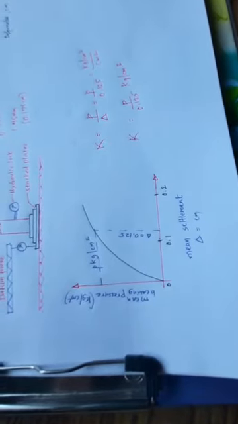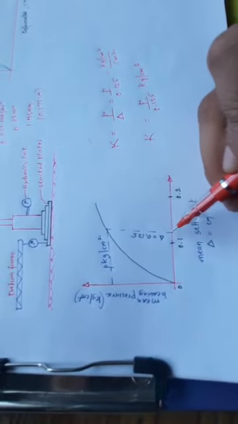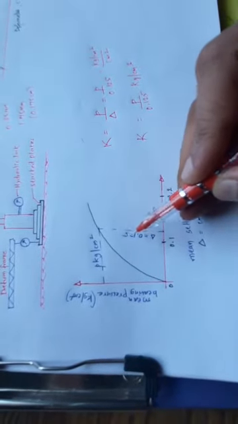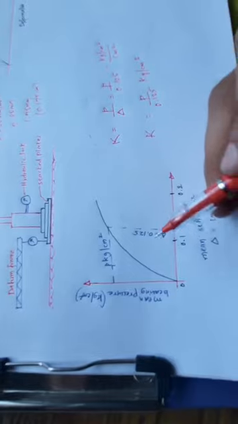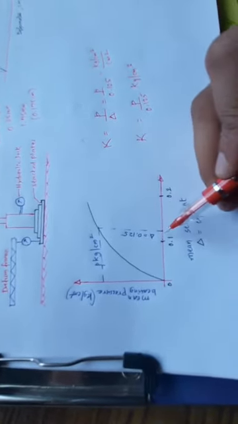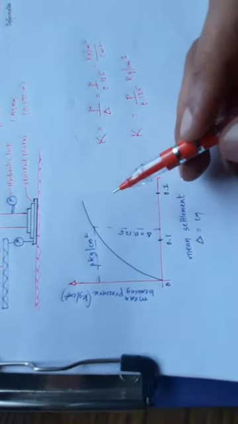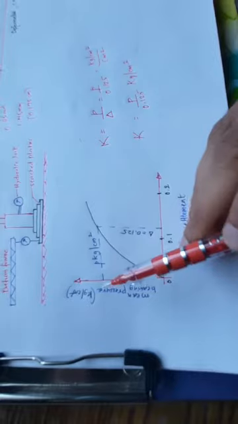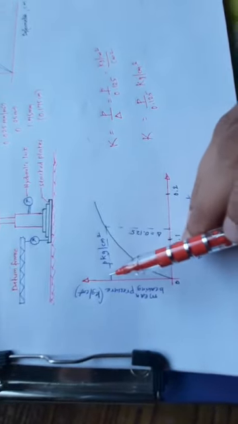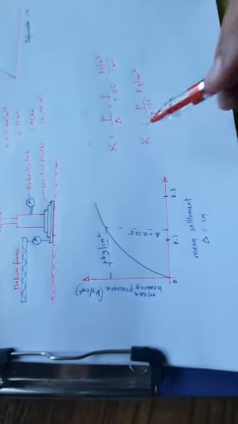Is it clear? So the mean settlement for the modulus of subgrade reaction is always found for the deflection 0.125. As you see in CBR, we find the deflections for 2.5 mm and 5 mm deflection. Here we go for 0.125 centimeter or 1.25 mm deflection. You find the P value, that is bearing pressure. That divided by the deflection gives you the modulus of subgrade reaction.